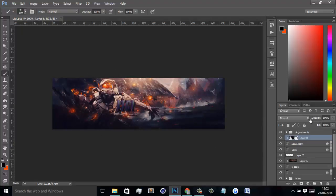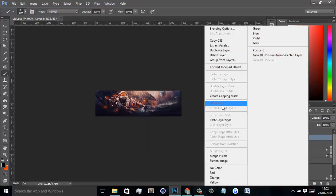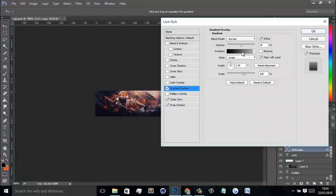Actually, I'm just gonna make the whole thing black, and we're just gonna bring it down a little bit, something like that. That just makes it kind of red, which is annoying. So we'll make this 25. We will make another one, and we will make that kind of darkish towards the bottom. So yeah, now I think actually I'm gonna go back in here. If I get rid of that, so something like